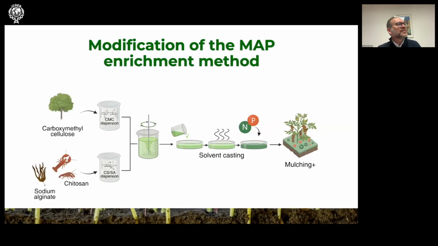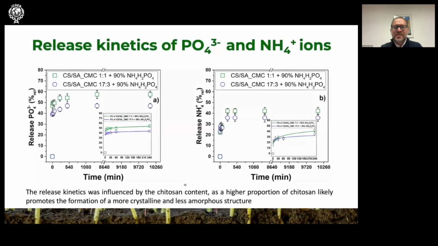So what we did after these results was to change our method of preparing these films, and we moved the supply of nitrogen and phosphorus. What we did was to add the solution containing nitrogen and phosphorus directly in the dispersion. So this salt can be part of the lattice of our films. After this change, we got very nice results. We slowed the release of ammonium and phosphorus, and also